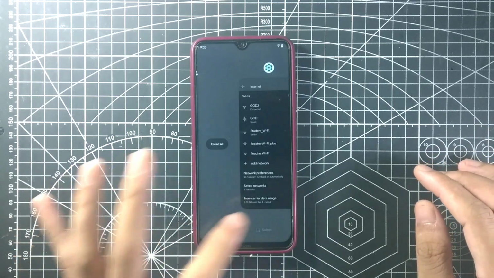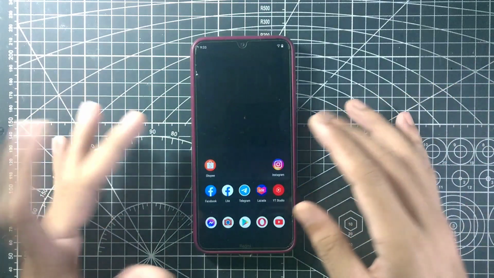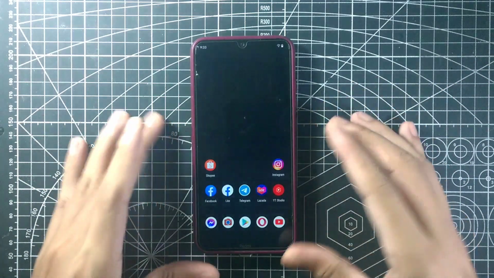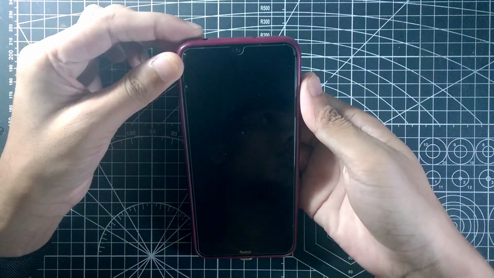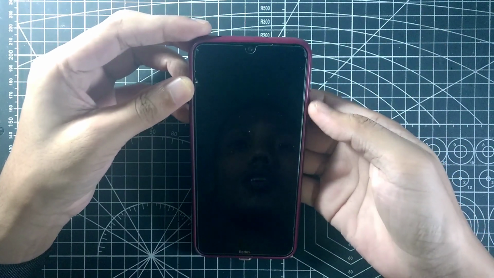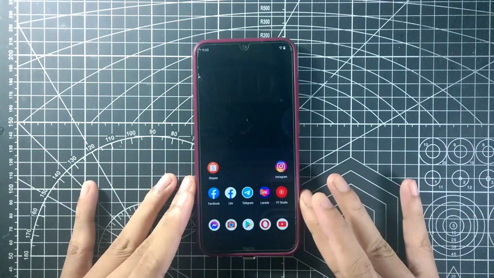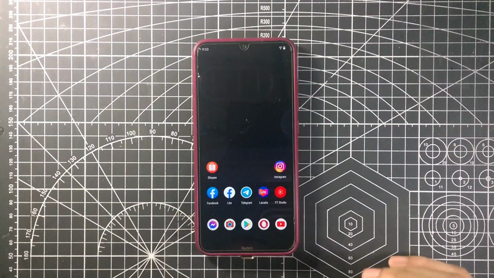The apps and everything is just working fine. Let's show you our fingerprint. So fingerprint's also working fine. As you can see here, just tap and it's open and it unlocks the phone. Fingerprint unlock working fine, although it also got a face unlock, but I don't really